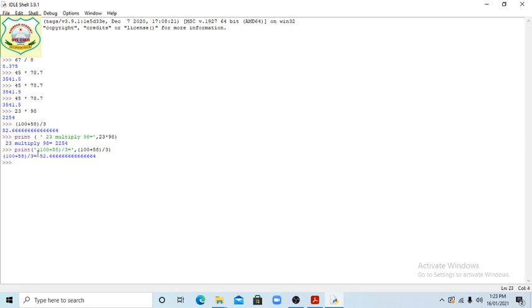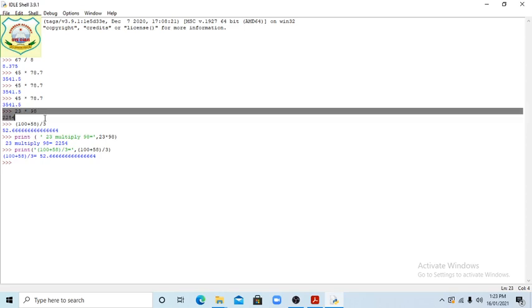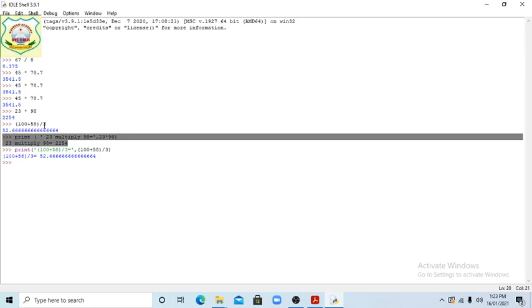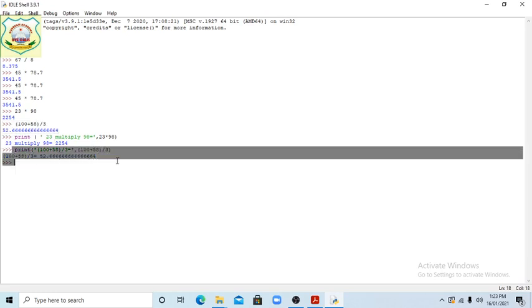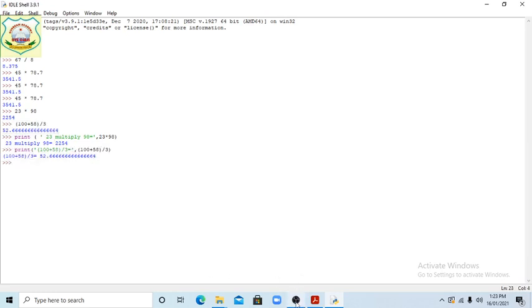You can see here these two answers. Now next we have done 100 plus 58 slash 3 in the simple calculator form, and here we have used the print command. Clear, students?